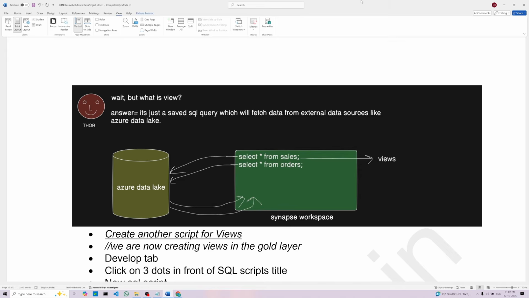So using this view, we can directly fetch the data from the data lake, and these views will show you output in table format. So it is directly acting like MySQL Workbench. Okay,